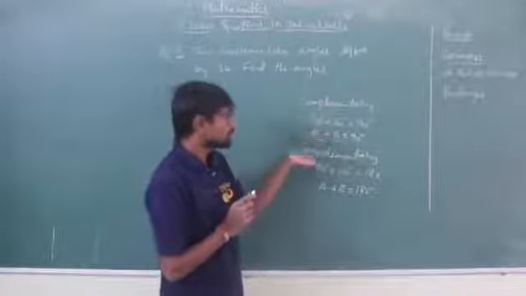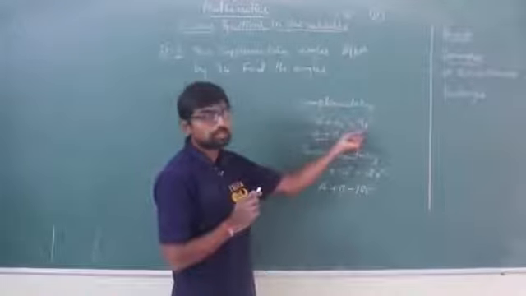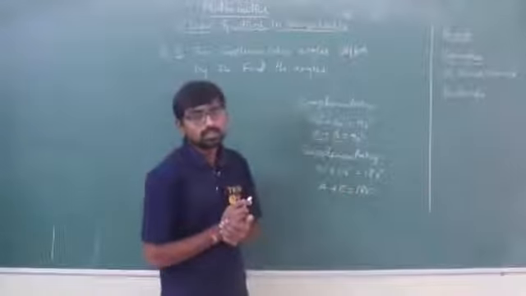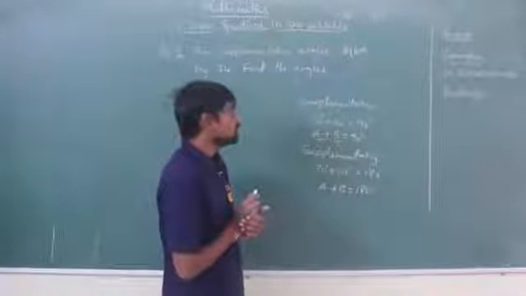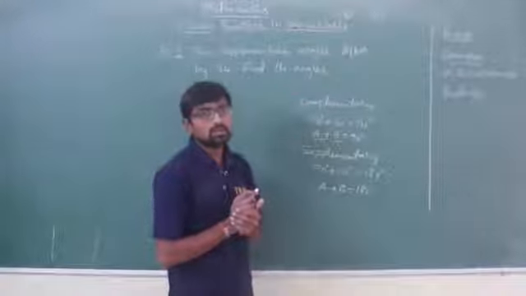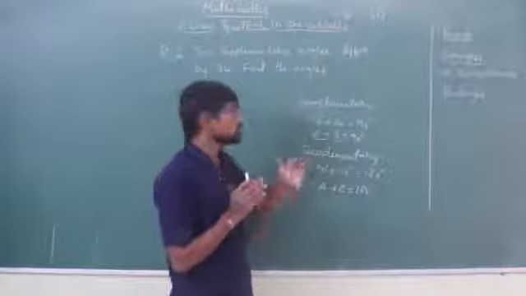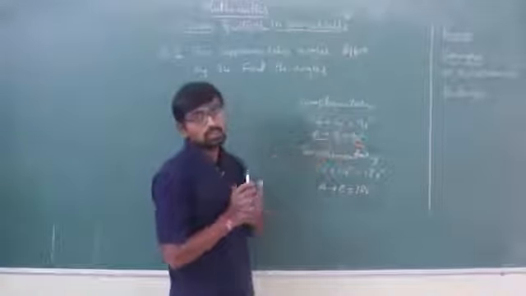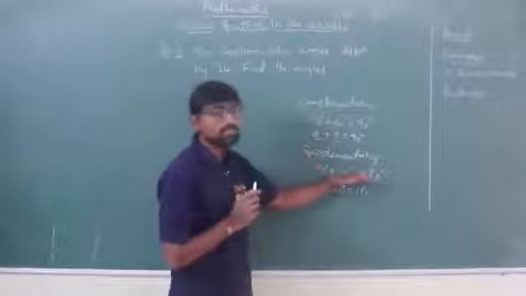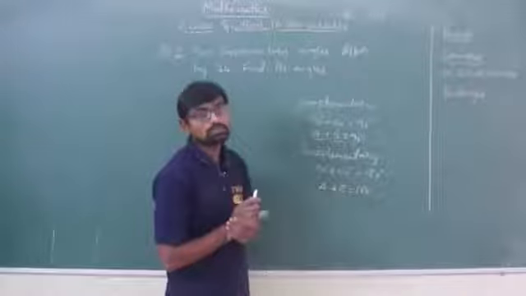I have given examples here also. 30, 60: if I add 30 plus 60, I will get 90. Similarly, 70 plus 110, I will get 180 degrees. So this is how we define complementary and supplementary angles. I think you all understood what a complementary angle is. If the sum of two angles is 90 degrees, then it is called a complementary angle. And if the sum of two angles is 180 degrees, that is a straight line angle, then it is called